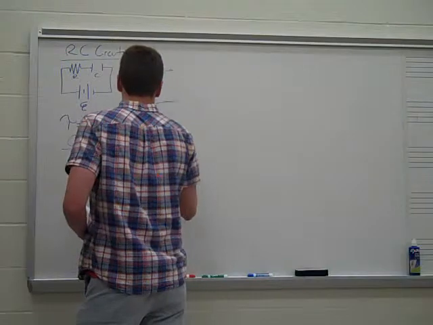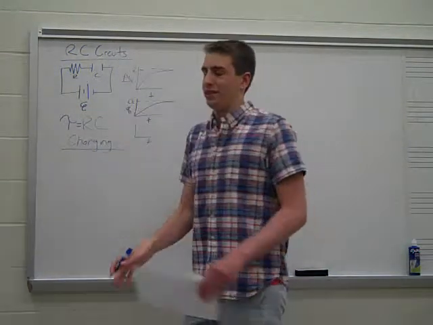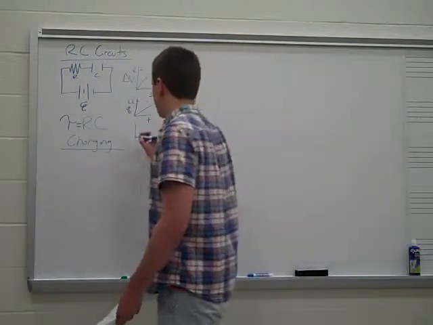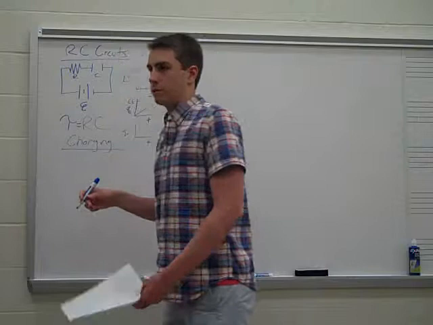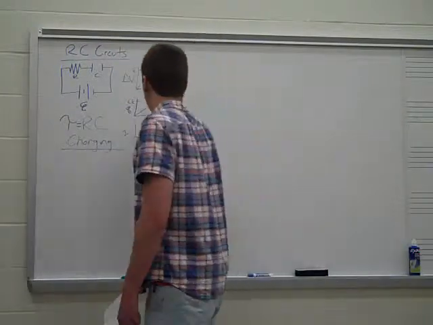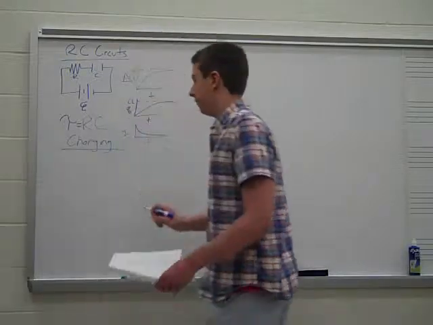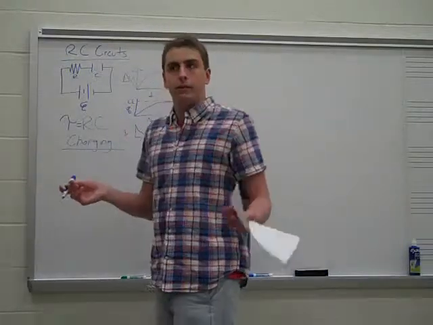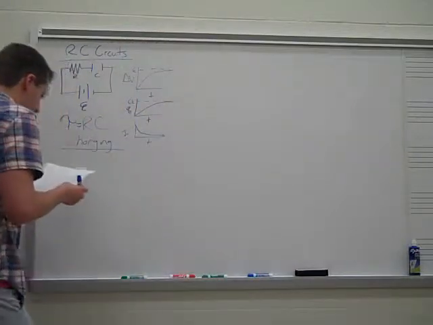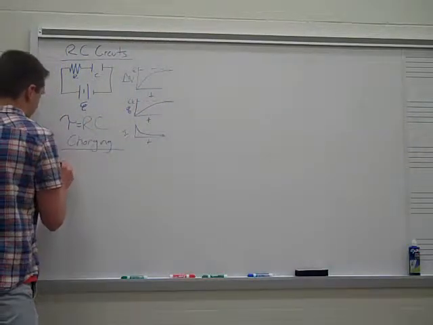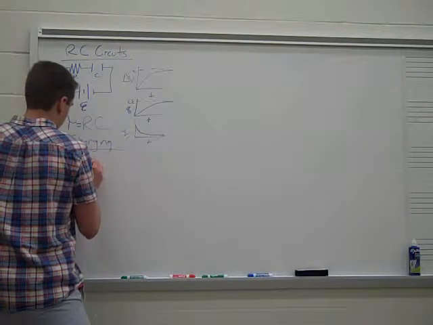And then for current, since we know that it's going to be 0 once t goes to infinity, it's going to start at some value, which is just going to be your epsilon over R, right? And then it's going to decrease to 0 as t goes to infinity. So we'll come up with a couple of equations that will explain these phenomena well. So delta V equals epsilon